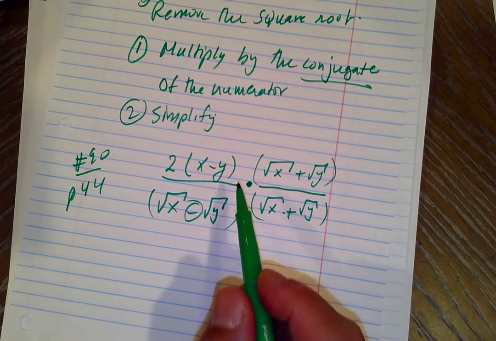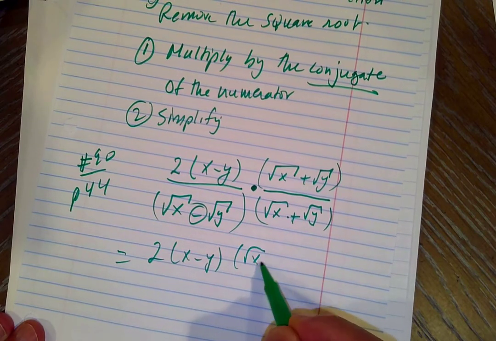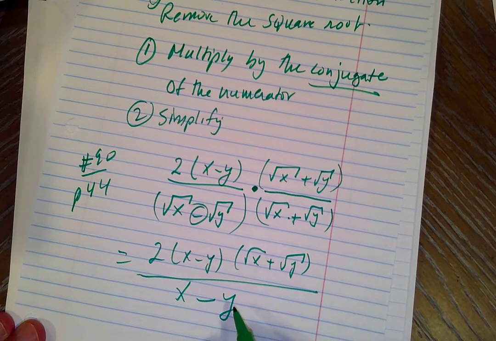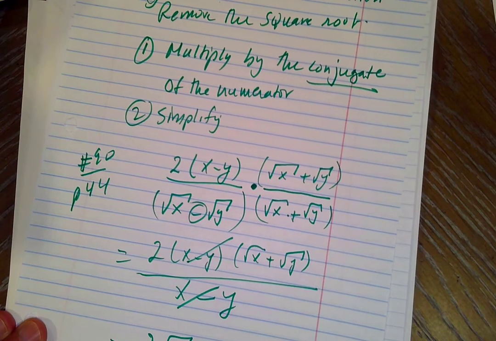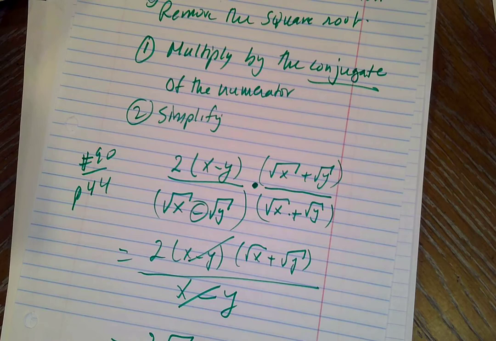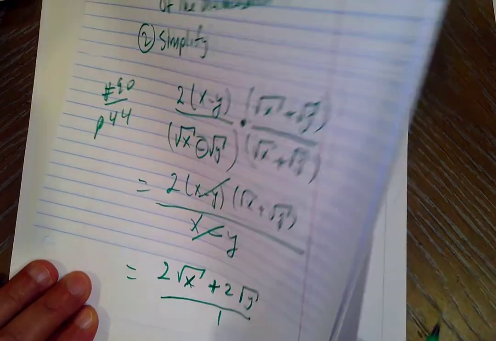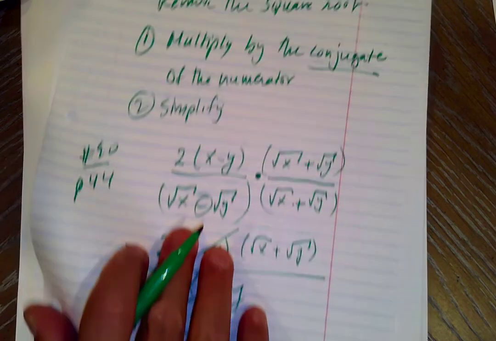So if you look at the top, we get 2 times x minus y times root x plus root y. If you FOIL this, you get x minus y, which cancels out, and you get 2 root x plus 2 root y. Now some might say you still have a square root. That's right, but the square root now is in the numerator because the denominator is 1. We removed the square roots from the bottom, and that's what the question was about. Okay, and that will end